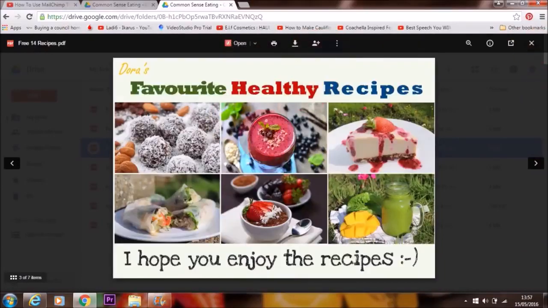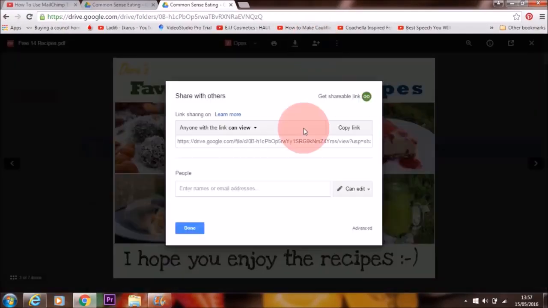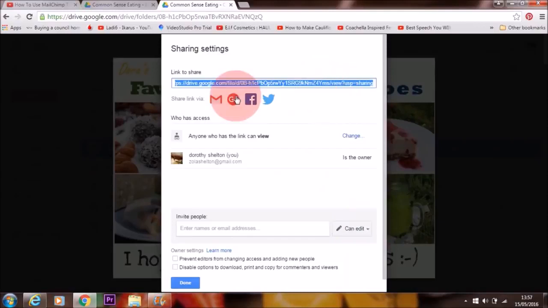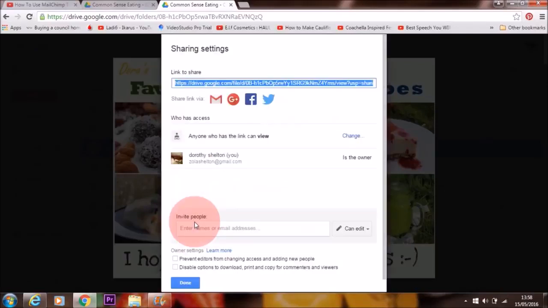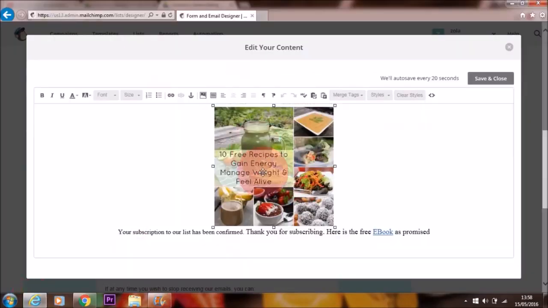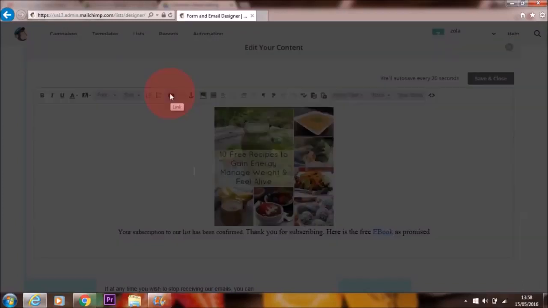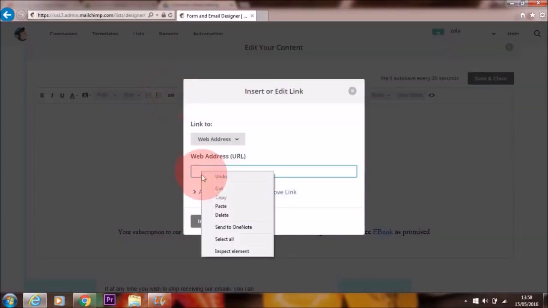I can share the link right here where it says share. If I go to advanced, as you can see, I have all of these options. If I go to change, I have the option of public on the web, anyone with the link, or off, so for specific people. And I've checked this box here where it says anyone with the link can get access to this ebook. So if you check that and you save it, you can then copy the link here, and you can place this link right here. So I've just highlighted the image and then gone to links right here,